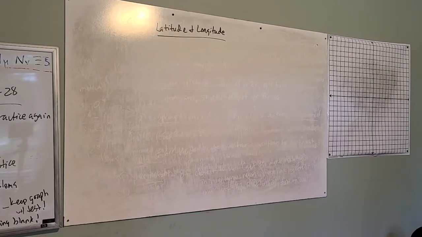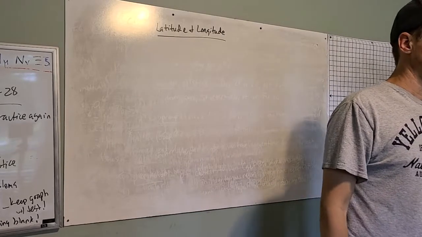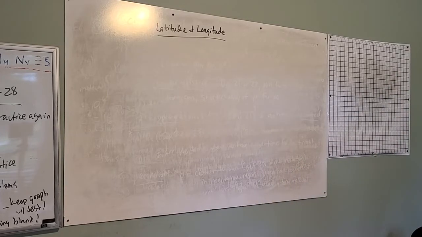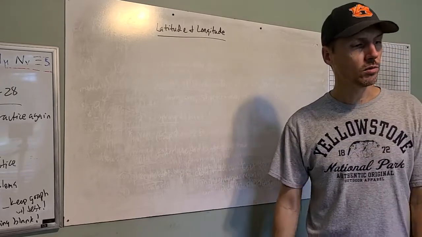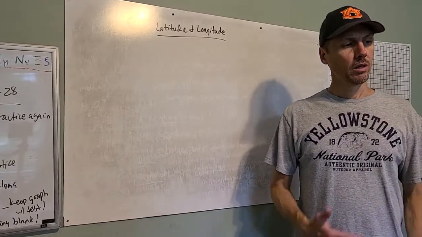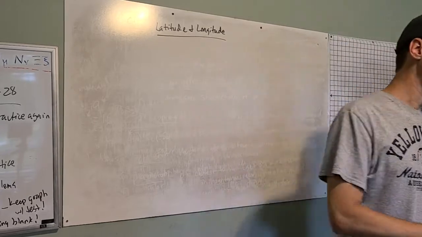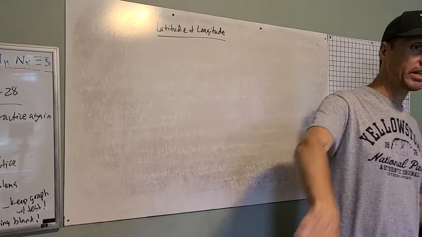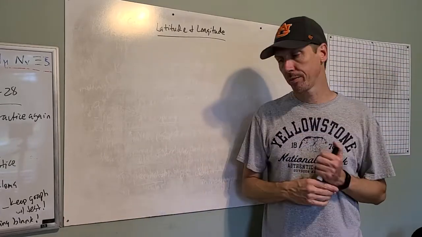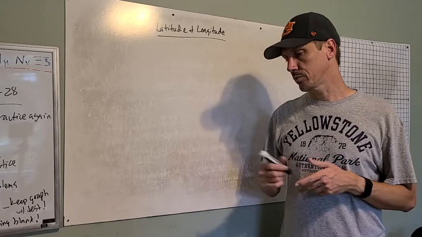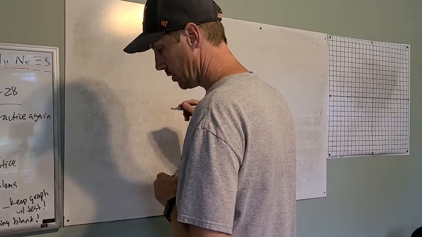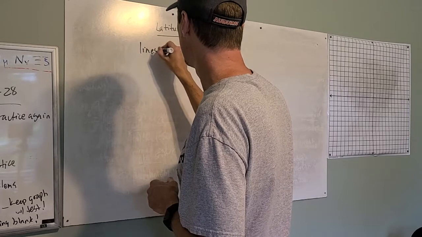Like if you look at this globe here. Longitude goes down and latitude goes across. Yeah, perfect. So longitude runs north to south. Latitude goes around the Earth in a circle. So latitude is measured based on the distance from the equator, since the equator is the biggest line around the middle of the Earth, right? And longitude, we'll talk in a moment what line we use for longitude, but let's just make sure we know